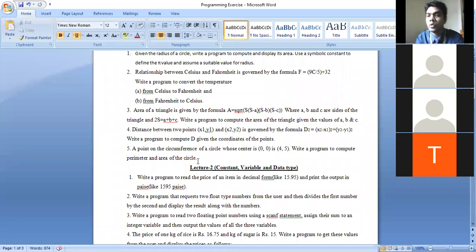So you have to find out two things here. One is the area of the circle, you already know the area of a circle, that is pi r square. And what is the perimeter? In Bangla we call it perimeter. Okay, 2 pi r. So you have to find out these two values, but let me draw it and then you will be able to understand.